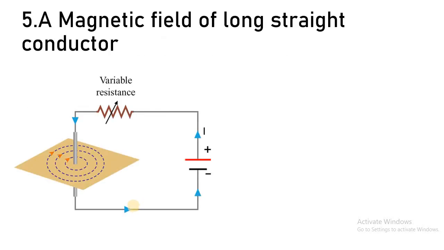First, see magnetic field of a long straight conductor. So what I did, I have taken a grey color bar, which is of a metal, and two ends of this metal bar I have connected to the battery, and this battery is going to give me the current I of magnitude, which is flowing through the resistance and then going to the bar in downward direction, and then coming back to the negative plate of the battery. So current is flowing in this particular long straight conductor in downward direction. The resistance we have taken to limit the value of current.